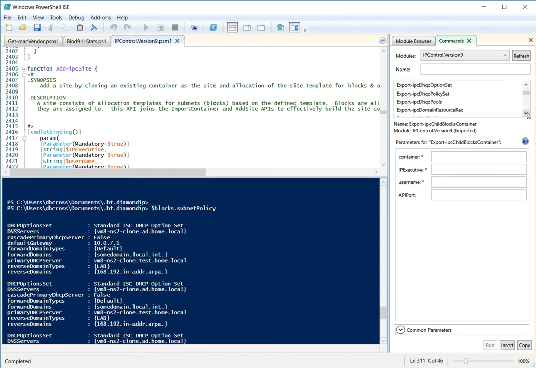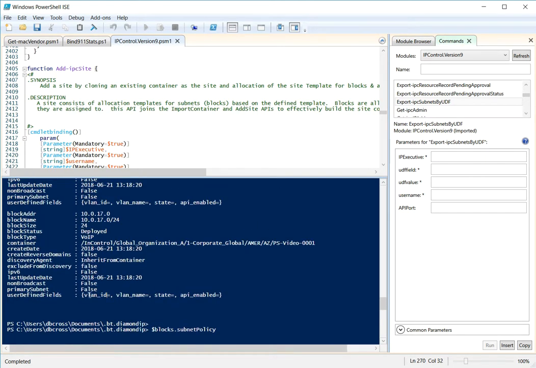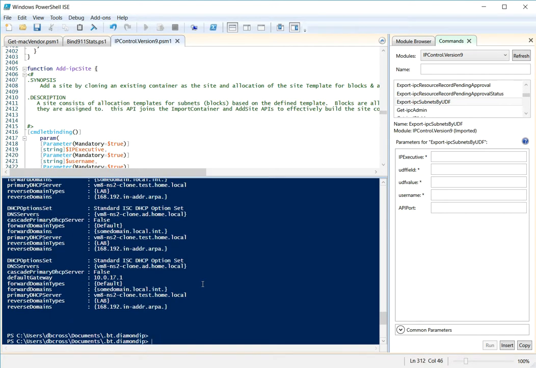And then we can, again, do various things with exporting of different data, such as exporting subnets by UDF, as an example, because we saw that in one of these examples, there were some UDF strings, and it looks to me like there's a VLAN ID. So if we're taking advantage of the user-defined fields in IPControl, highly recommended, and as we've discussed, we can go in and search this data. I can quickly then, as that administrator, say export IPC subnets